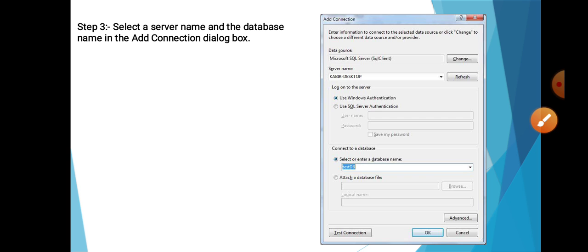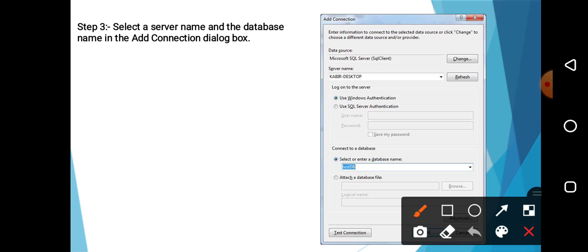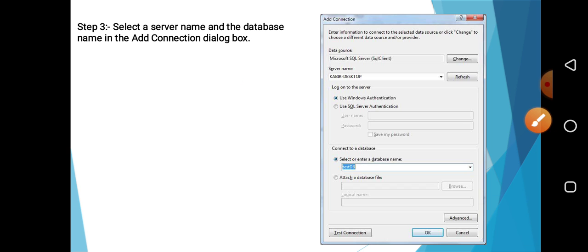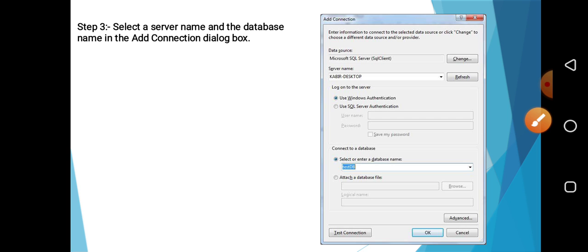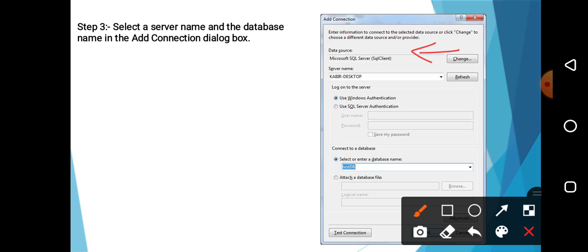After clicking on Continue, it will allow you to select the server name and database name in the Add Connection dialog box. In the Add Connection dialog box, it will show you your data source. Suppose I have selected Microsoft SQL. If you want to change it, you can change it by changing the server name and after that the particular log on to the server name